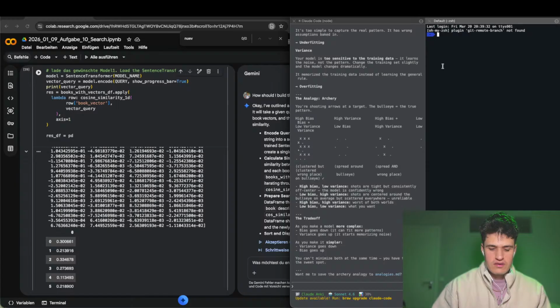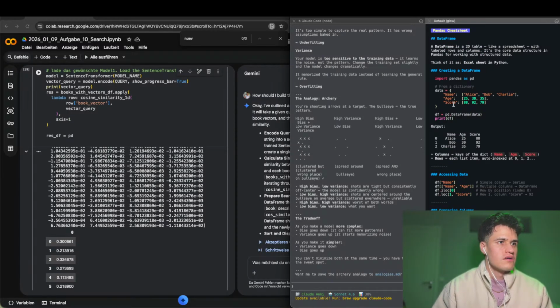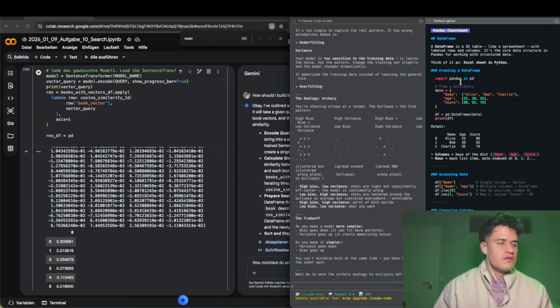So let's create a data frame. How do we do it? We have the cheat sheet here. And then to create one, we do